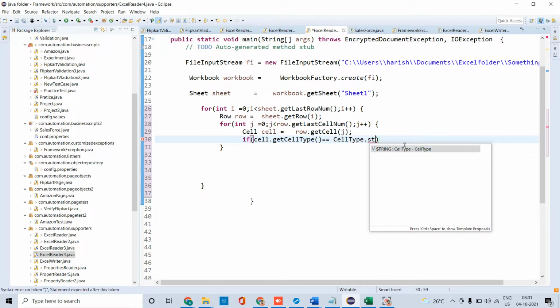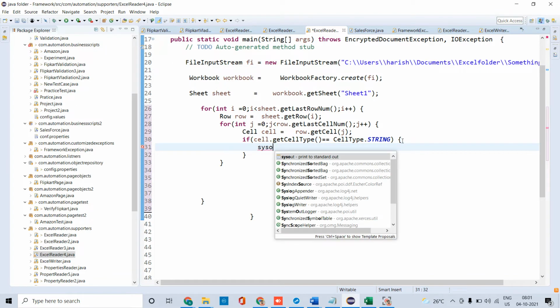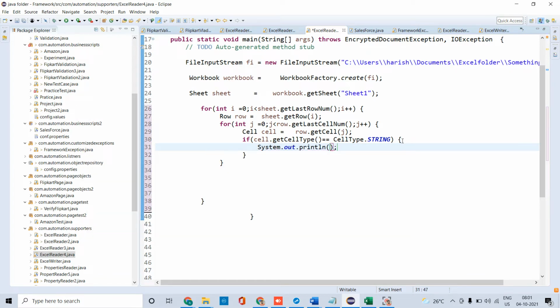If the cell type is a string, then I want to print the value.